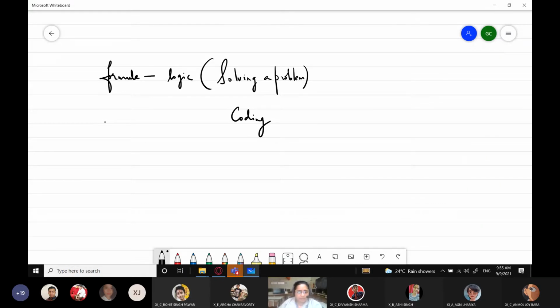A very important part of your syllabus is introduction to problem solving, and it starts with designing an algorithm, that is a stepwise refinement of how to solve the problem, just like we saw an algorithm to brew tea, right? Similarly, if I tell you to bake cookies, you will be following a certain number of steps. First of all, mix up all the ingredients.